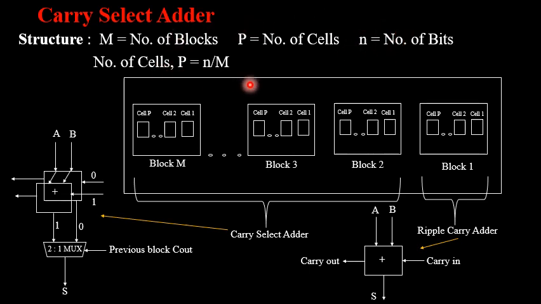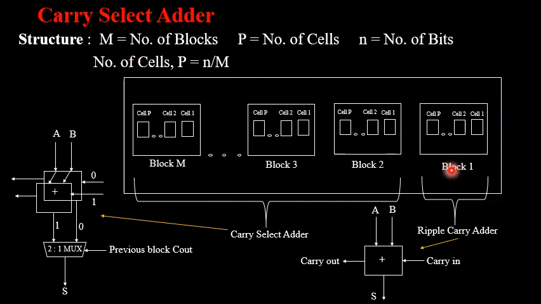So you can calculate the unknown parameter by making use of this particular expression, that is P is equal to N divided by M. So what are these M, N and P in this particular structure? As I told you, this structure is just for your remembrance, how the structure of a carry select adder will look like. If you see the outer box which I have drawn here, that is this particular rectangular block, it is nothing but comprising your entire carry select adder structure, whether it is for 100 bits, or for 2 bit, 3 bit, 4 bit. So the entire structure will be inside this particular block.